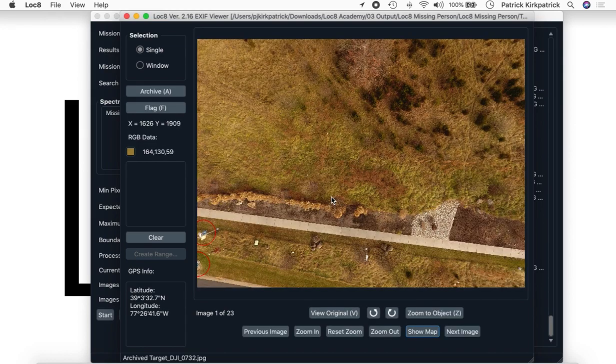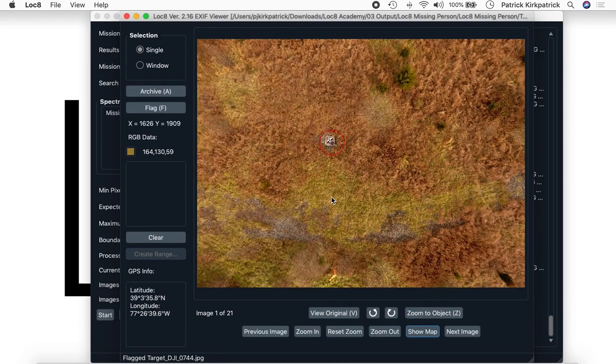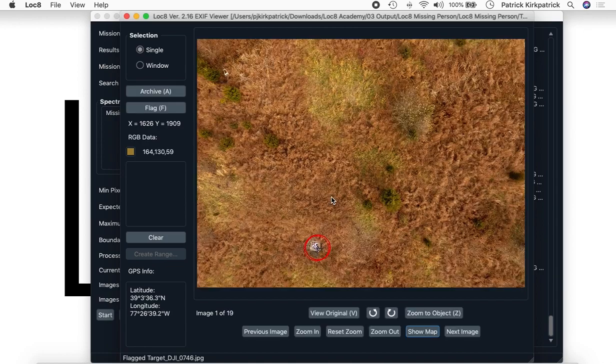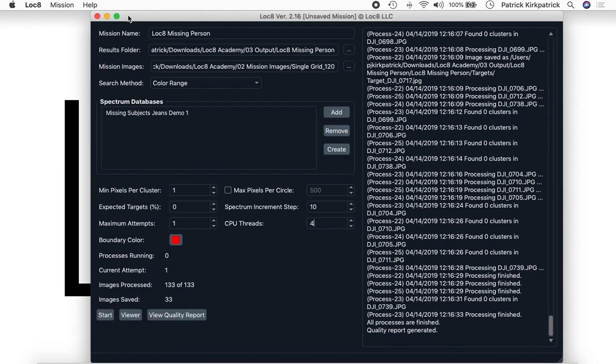I'm going to archive this one, move on to the next. I'm going to flag these images. Now for the sake of time, I'm going to close this out so that we can go to the next